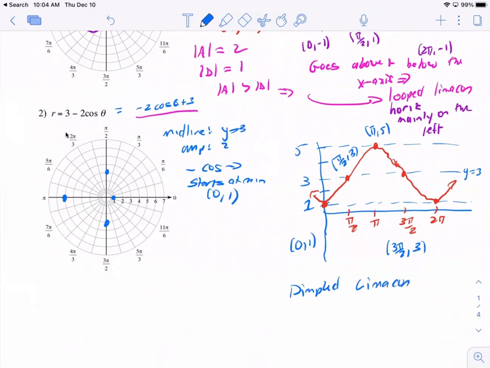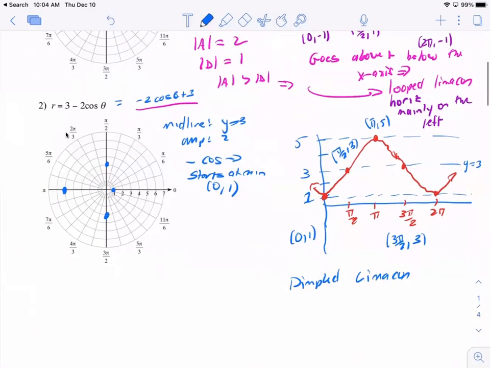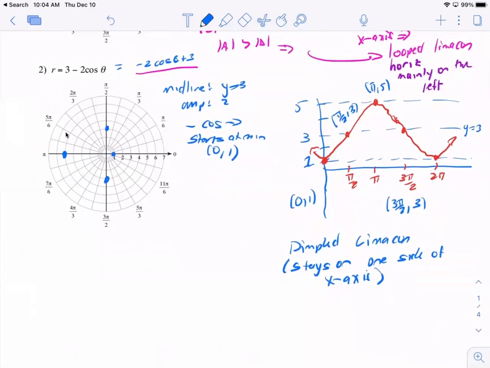Because it stays on one side of the x-axis, only positive in this case, and also because the absolute value of A is less than D. If that makes sense to you, it means it's not going to cross the x-axis, so we have a dimpled limacon. Yeah, Aria. If it was all on the negative side,